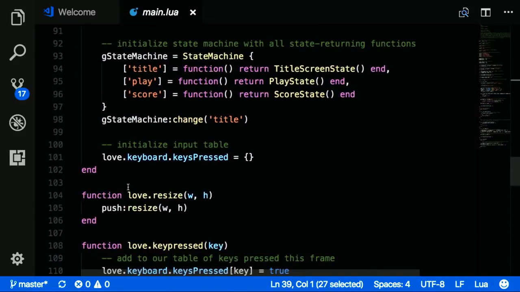Down on line 96, score gets a function where we return a score state object. So now we can change to score, and it'll return that state, and we can define all the behavior within score state that we need